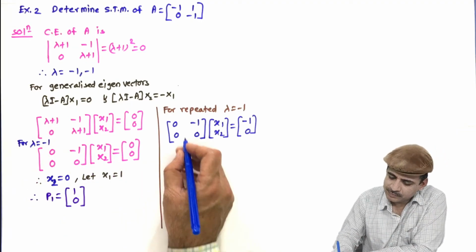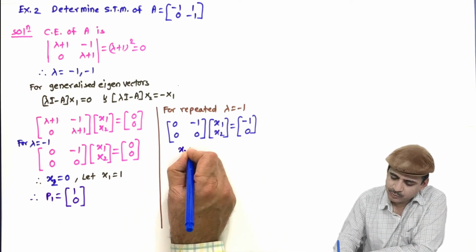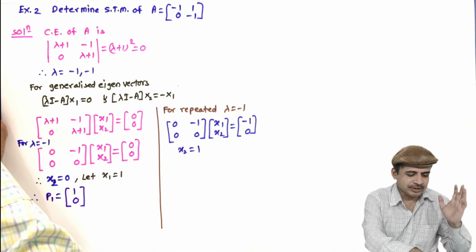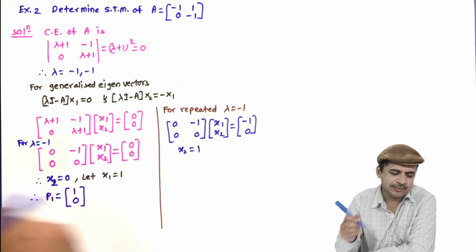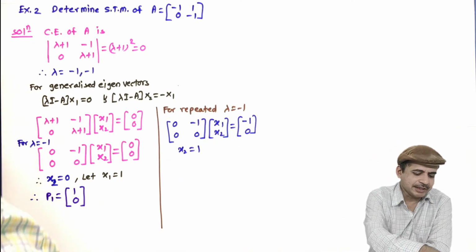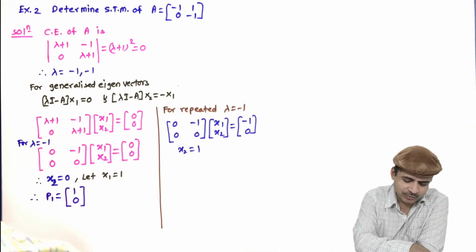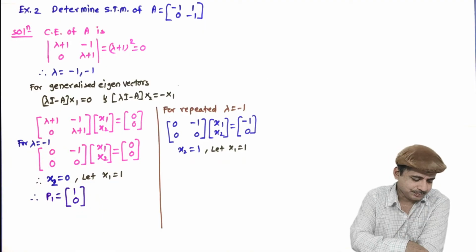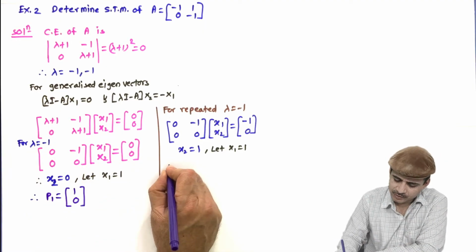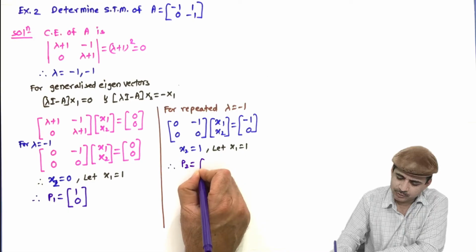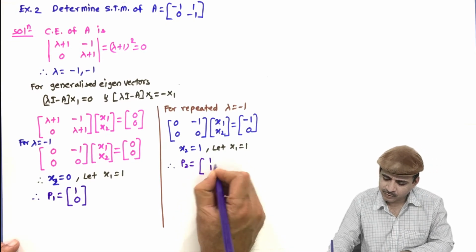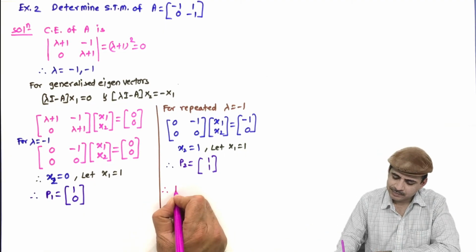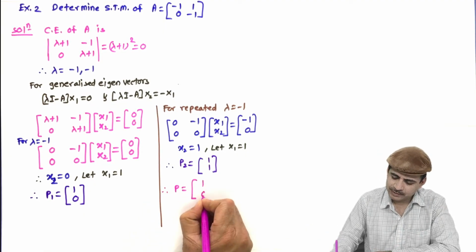And what does it give me? x2 equal to 1. And what about x1? Any x1 is valid. You can solve this, you take any value of x1. So when it is possible to take any value of x1, let us take x1 equal to 1. So P2 is equal to [1; 1], and that gives me the modal matrix P equal to [1, 1; 0, 1]